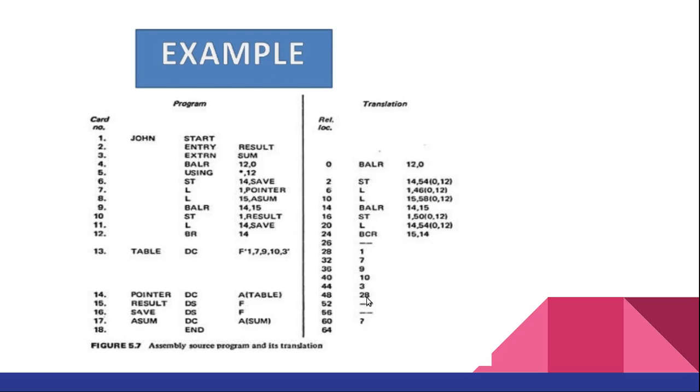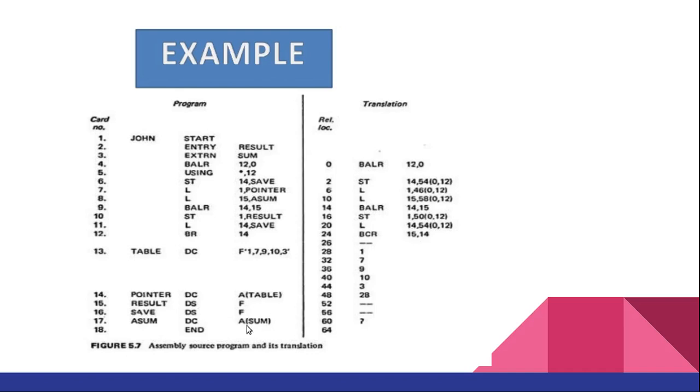It will also inform the loader that this value is incorrect if the program is loaded at any location other than absolute location 0. If we are loading the program from 0, then the table address is 28, and we can store it into the relative address 48, that is the pointer. Suppose the program is not loaded at 0, then the content of this pointer at relative address 48 is wrong. It will be informed by the assembler to the loader. Similarly, we have another symbol, that is asum. Here also we are assigning a constant value to asum.